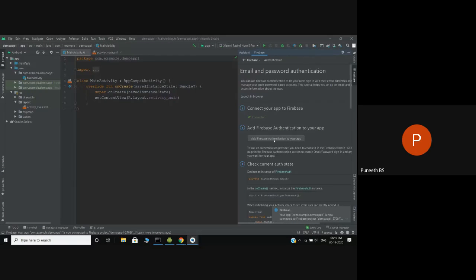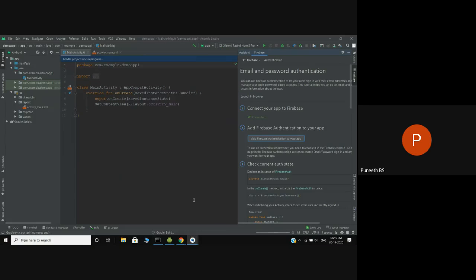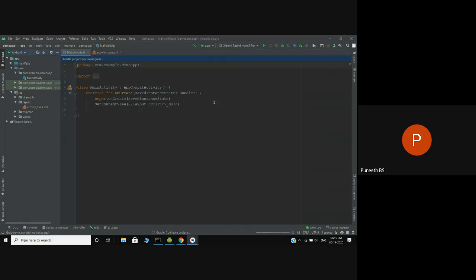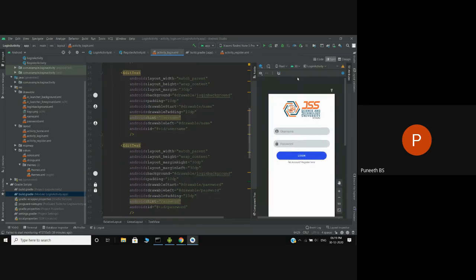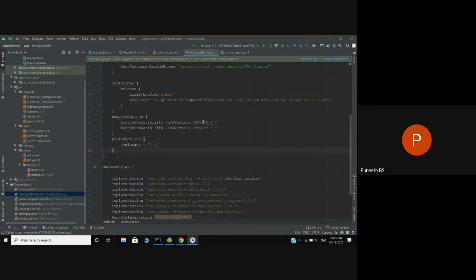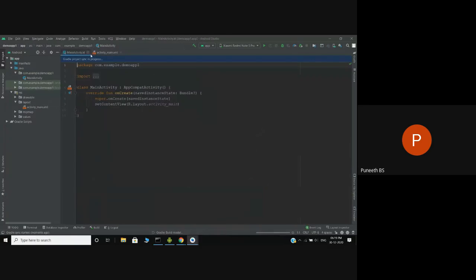Now you have to add the authentication part. So that you have to click here, add Firebase authentication to your app. If you click here, just say accept changes. Now see, actually this takes some time. The Gradle is building. So what happens is that I'll show you what happens after this process. So if you go here, this project I actually connected to the Firebase. So if you go here, you can see some two dependencies. So one is Firebase auth and one is the database, Firebase database. So what happens is after building all this Gradle,